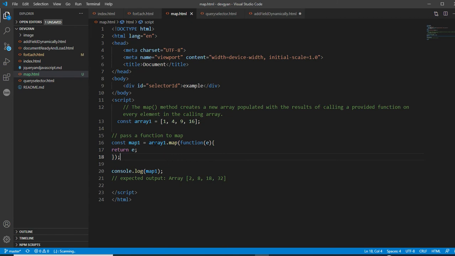You can notice that with array dot map, you are passing a callback method. This is an anonymous function, and the first parameter is E, which you can call data or maybe value. And now return a value.